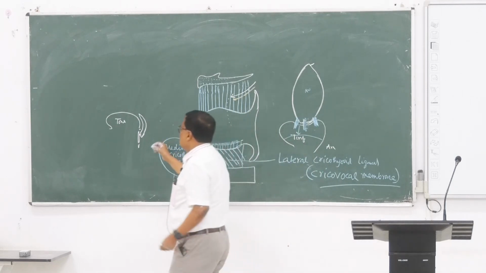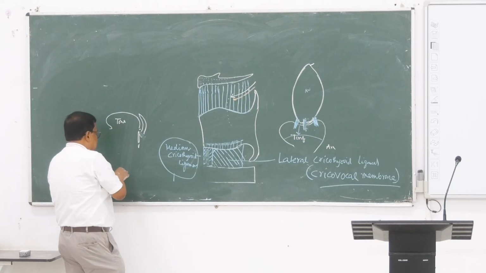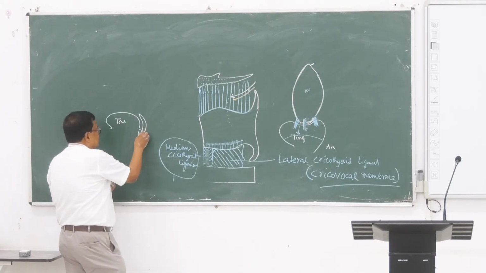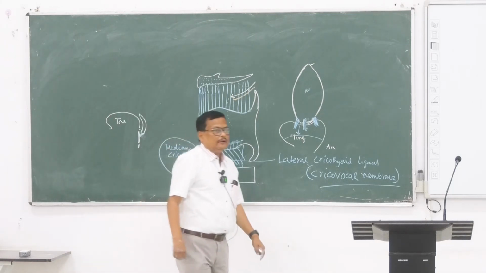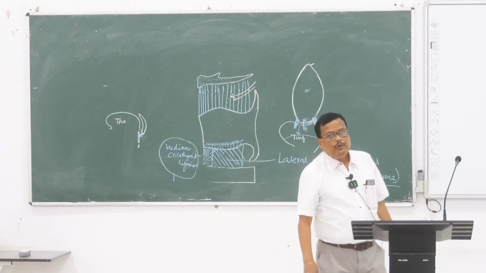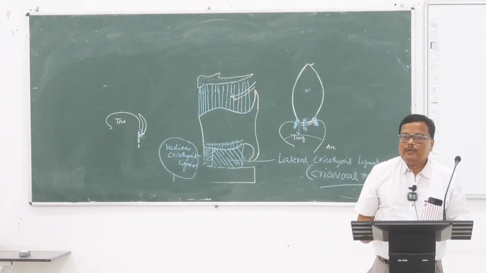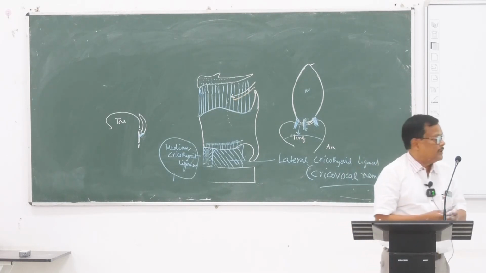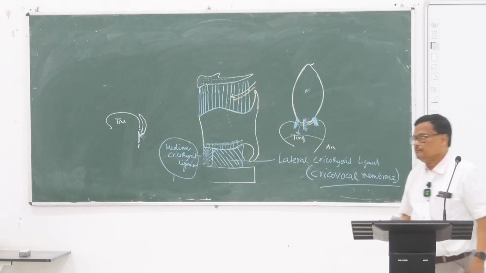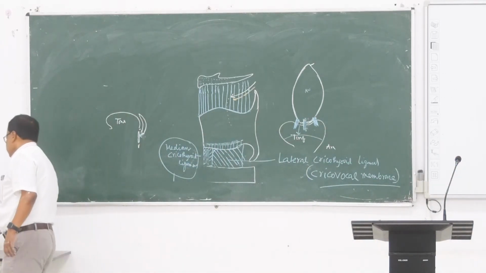Anteriorly, the epiglottis is attached to the base of the tongue, and to the posterior surface of the thyroid cartilage by a ligament, the thyroepiglottic ligament. For today let this be; in the next class we will do the rest. Before that, you go and have a look, so that you have got an idea.